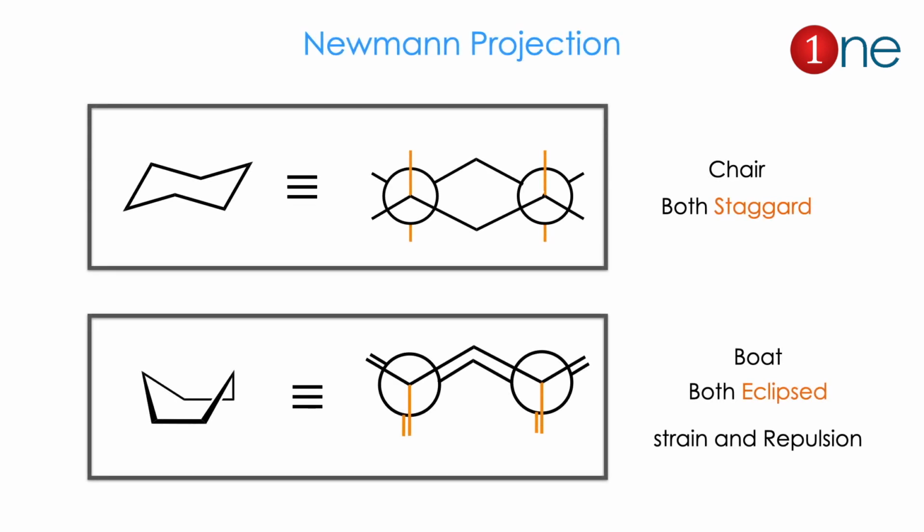Then we will see the Newman projection. This is important because you should know the configuration. Here you are drawing one carbon behind another carbon. For the central carbon you have to know whether it is in the staggered or eclipsed form. If it is in the staggered form, it is a chair. If it is in the eclipsed form, it is the boat. In the boat you can see exactly that the atoms are eclipsed, so the strain is extremely high, and that's why it's unstable. But in the chair form it is anti, that's why it's stable.